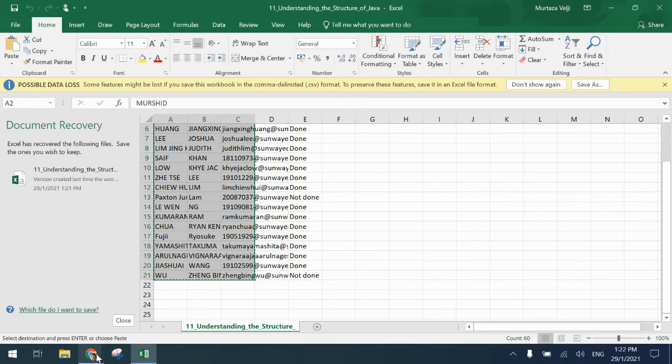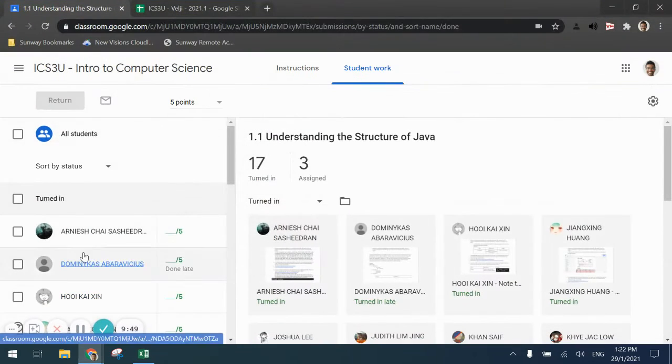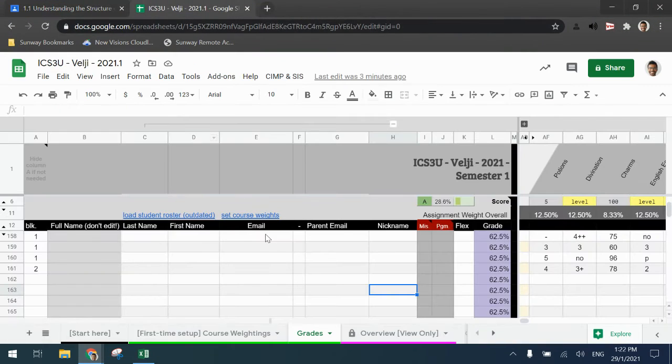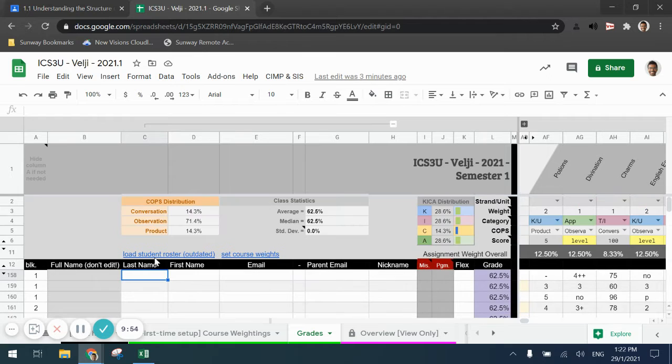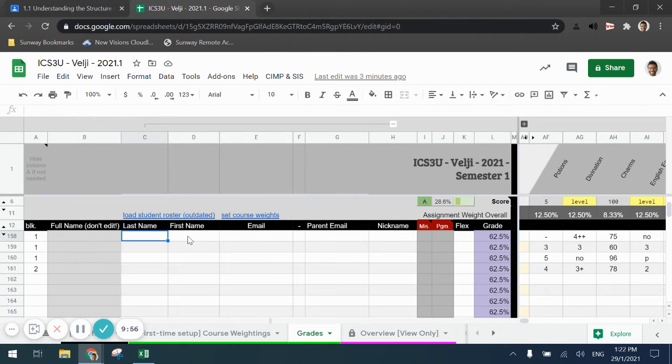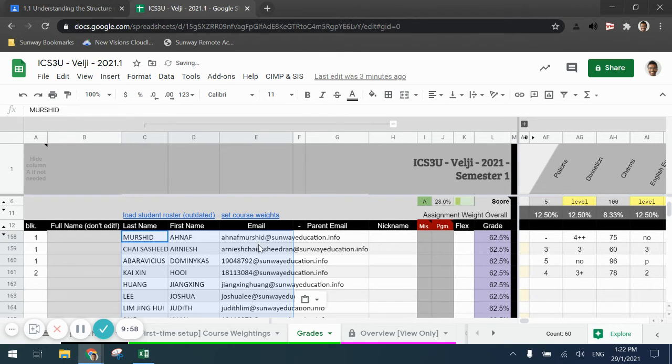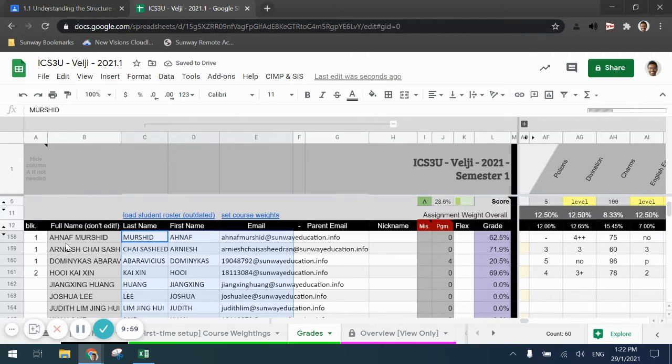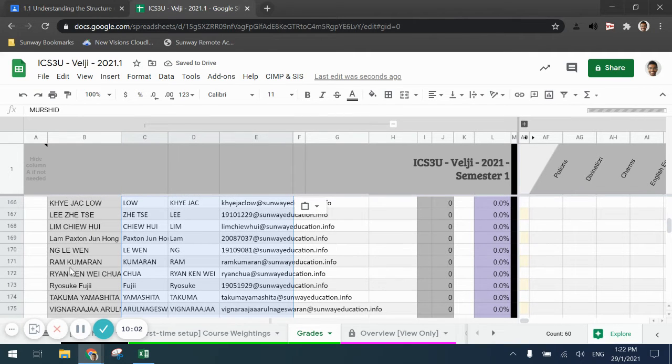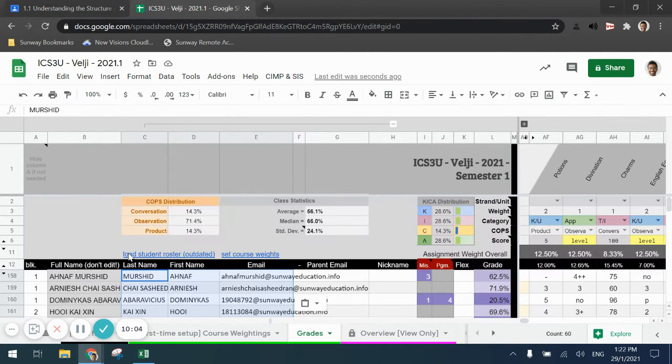Copy the information, Control-C or Command-C if you're on a Mac. I come over to here, and I'm going to paste it directly into this column here: last name, first name, email. As soon as I paste it, the information pops up in the full name column. Perfect. Like I said, getting parent emails is a little bit more manual. I'll talk about that a little later. But for now,